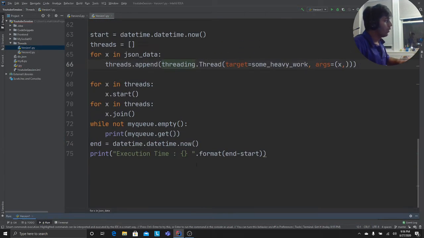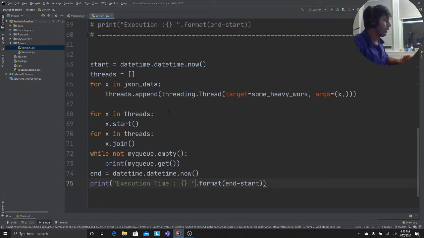Now I'm giving you a task, guys. Let's say you have 1000 JSON documents. That means you will launch 1000 threads to process them simultaneously. But remember, in threading there is also a limit to the number of threads you can launch. 1000, 2000, 10,000. What if you have more than that? Massive numbers of JSON files you want to process? Are you going to launch 15,000, 1 lakh threads? No, it's not possible. That's not technically done.